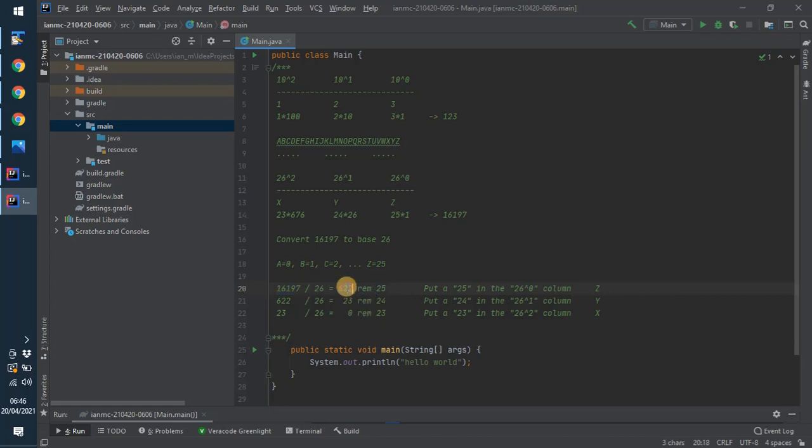For each time you iterate through the number, you take the quotient and use that as the divisor in the next line, and the remainder gives you the actual letter. So in this case, Z, Y, and X. So that's it. If we can replicate this process,